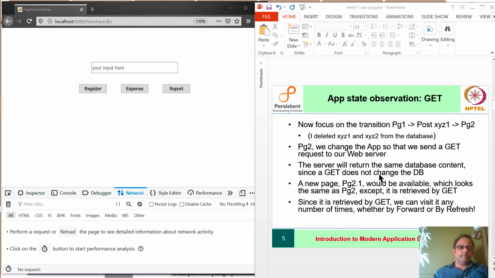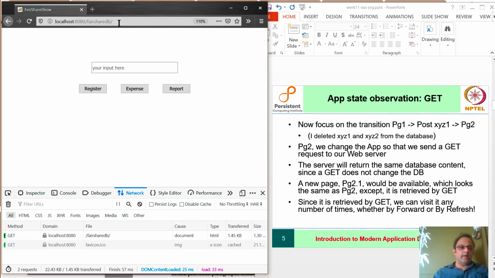Now that we have seen our evidence of desynchronization, I'm going to replay the whole thing. So I actually deleted XYZ and XYZ2 from the database, and we are going to do the whole thing all over again. Here, what has happened is I have arrived at this page using a GET request as expected.